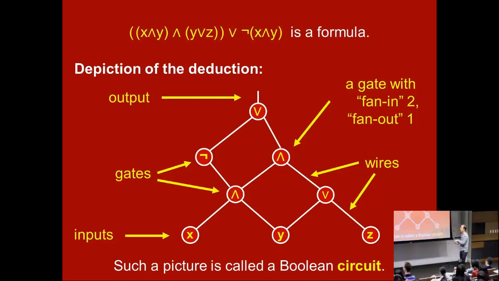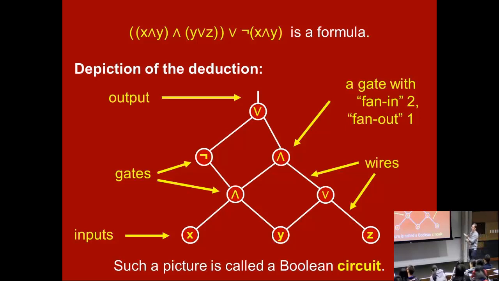They look like this. By the way, the terminology is that in circuits, these are called gates, the vertices. And the lines are called wires because, you know, I guess these were actually invented by electrical engineers who implemented them with actual wires in the olden days with voltages on them to represent true and false. And the gate was like a little physical object that had wires coming in and wires going out. These are the inputs, and this is called the output wire. So that's the terminology.